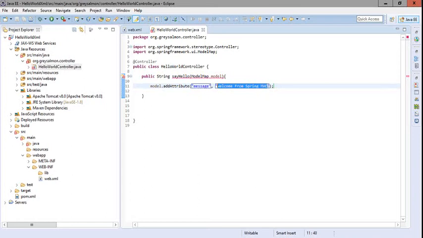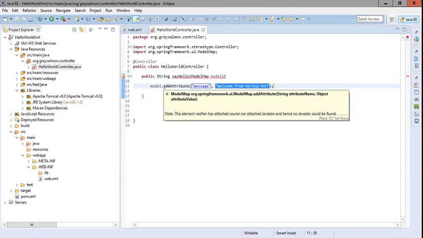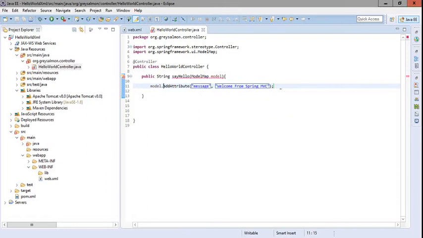That particular collection object we can also mention here, and there is no limitation on putting data in the model attribute. With the help of addAttribute, by changing the keys, we can put as much data as required by our application.